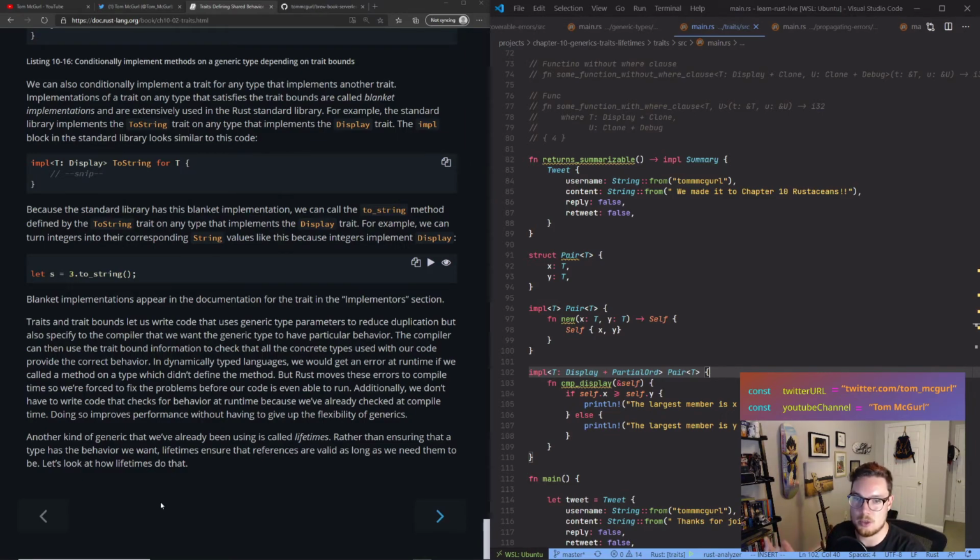So pretty cool. But Rust moves these errors to compile time, so we're forced to fix the problem before our code is able to run, right? Additionally, we don't have to write code that checks for behavior at runtime because we've already checked at compile time. Doing so improves the performance without having to give up the flexibility of generics. So we don't have to do those checks like, if it's undefined, do this. Obviously, there's code like that, like if we're dealing with option or result, but in this case, we don't have